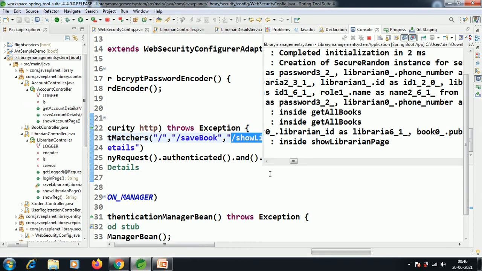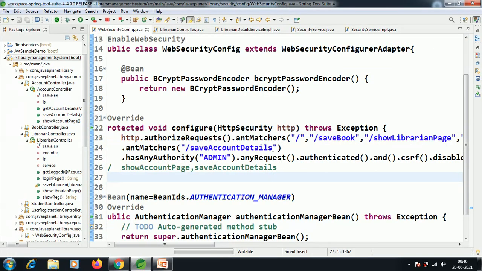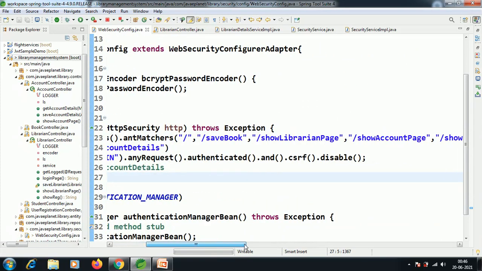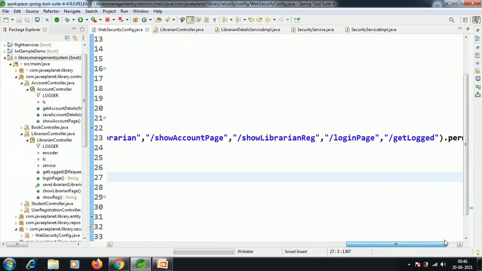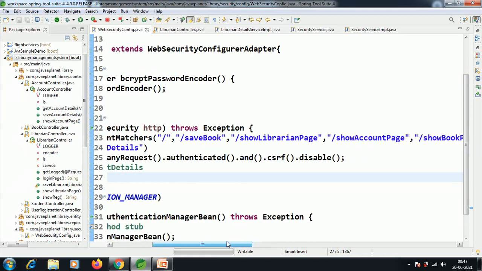That means here in the antMatchers section, all the URLs which have been presented in the antMatchers section, we have declared them as permitAll. That means all the URLs, we can access all the resources of those URLs.